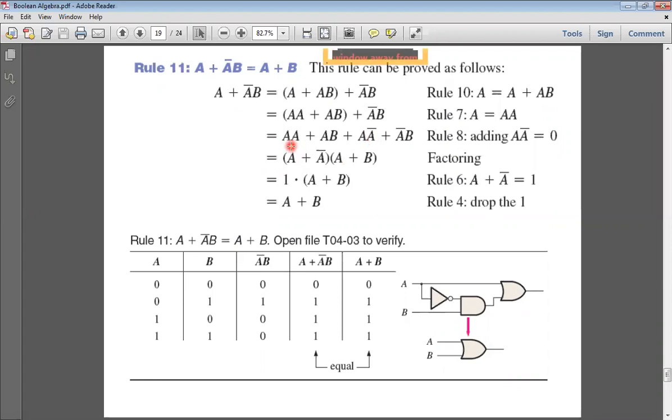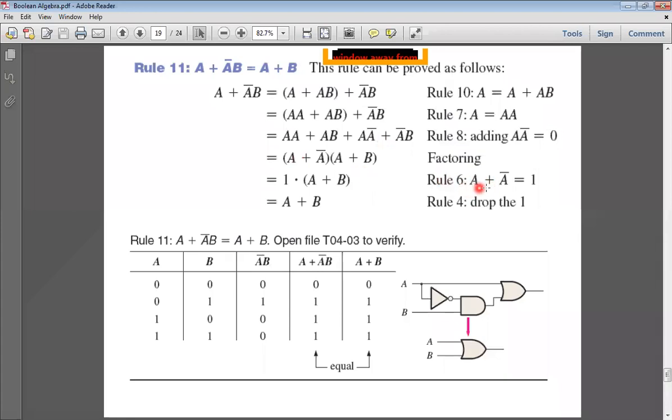Next one is, see this term and this term. Now what is common in these two terms? First and third terms, A is common. So A plus A bar. You are factoring this. So A plus A is A. A into A is AA. A into B is AB. This one. A bar into A is A bar. A bar into B is A bar B. So you can completely write this like this. A plus A bar into A plus B, which is called factoring. We are factoring this. And what is A plus A bar?